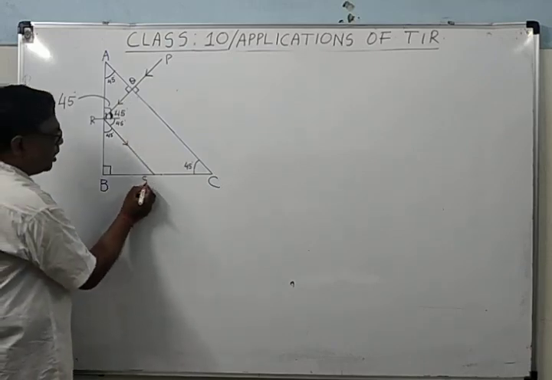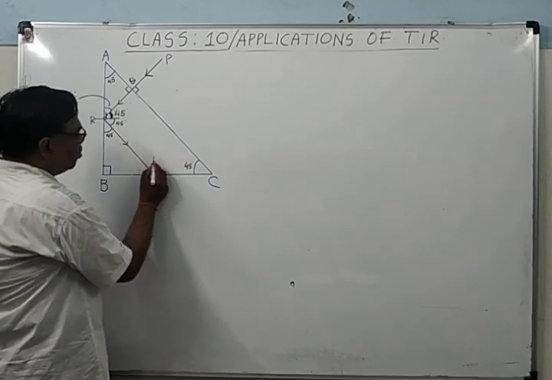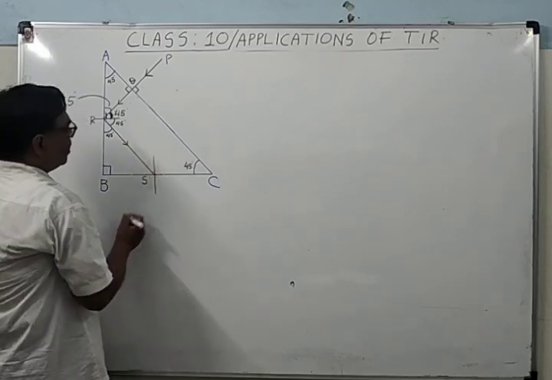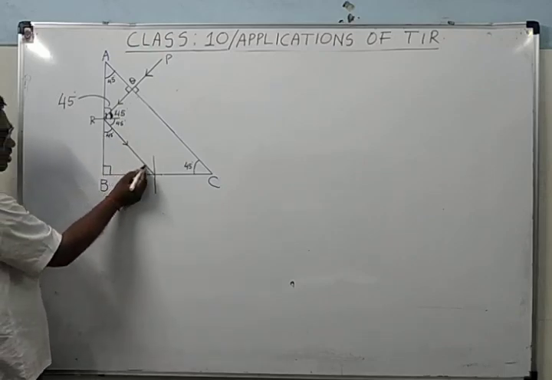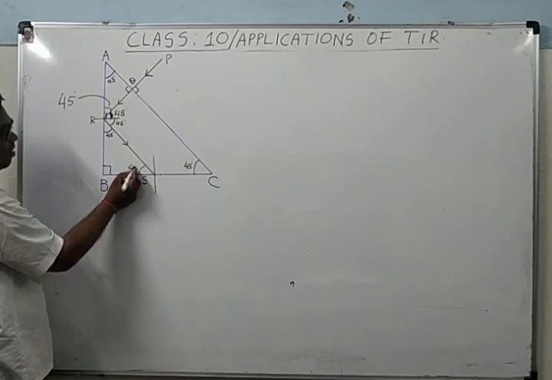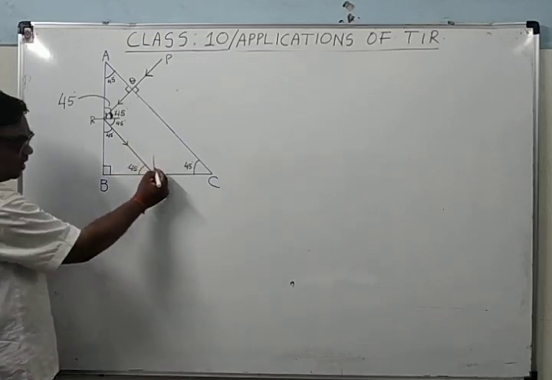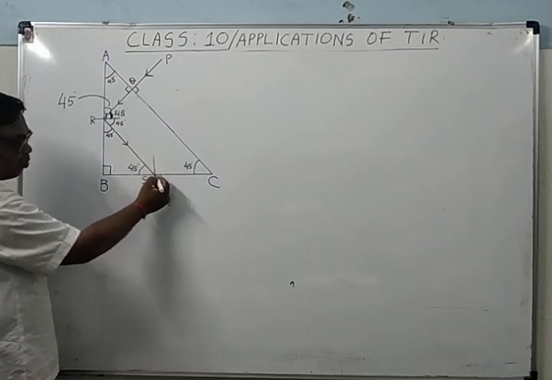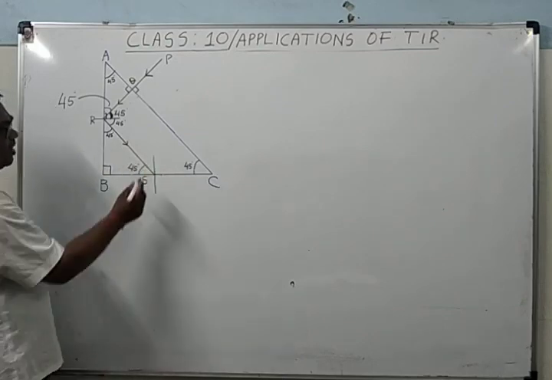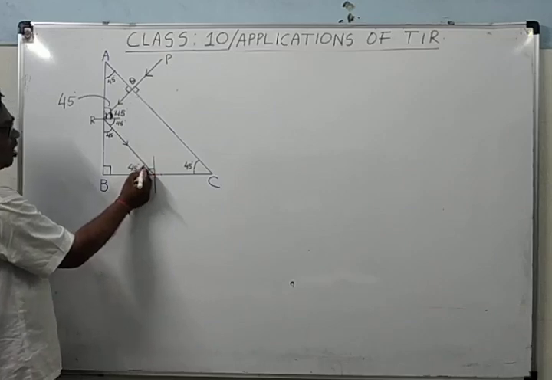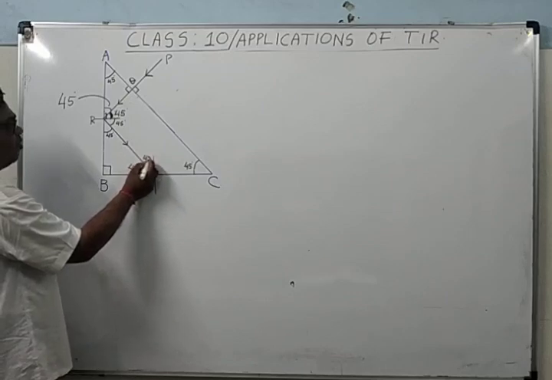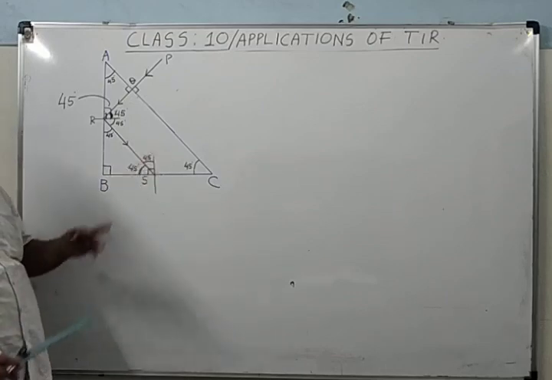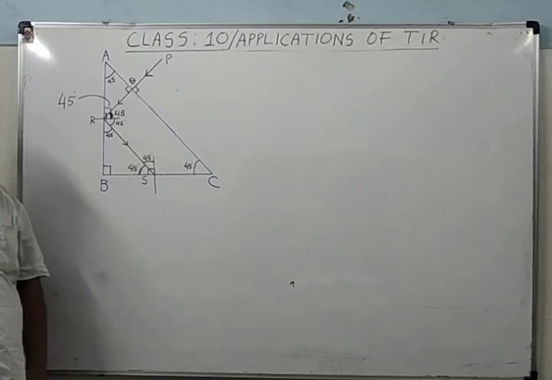This point you can name S. You draw the normal here and find out the angle of incidence. You can see here 45 degree, 90 degree. So this angle will be 45. It's clear? Since this line is normal, it is making what degree from the BC? 90 degree. Out of this 90 degree, this much is 45, so this will be 45. Once again, total internal reflection will take place because both the conditions of TIR are fulfilled.